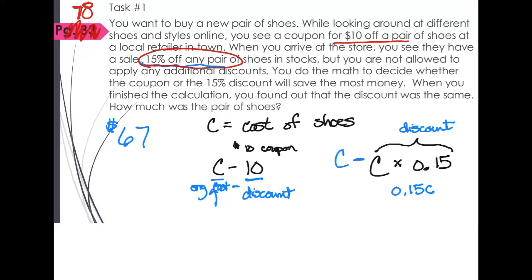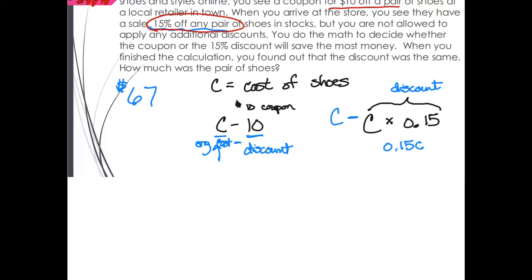Yes? Okay. And these are the same, right? When I figured it out mathematically. So C minus 10 is equal to C minus, and I'm going to simplify this like we did here,